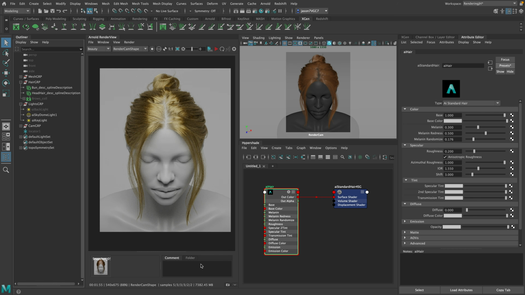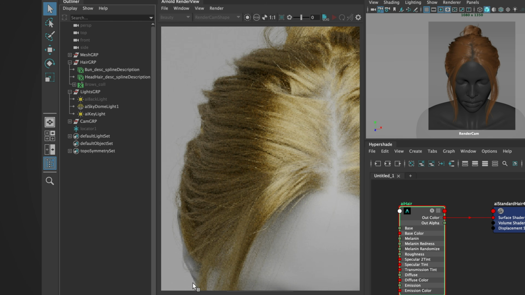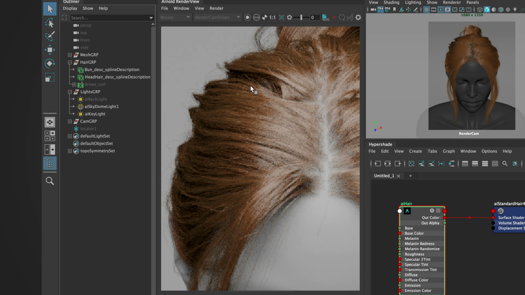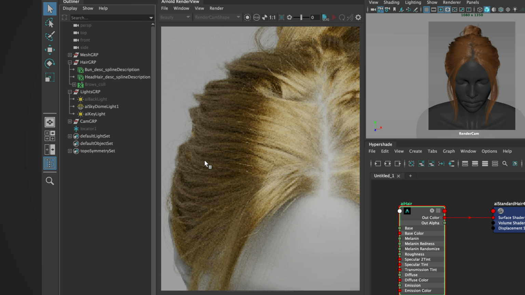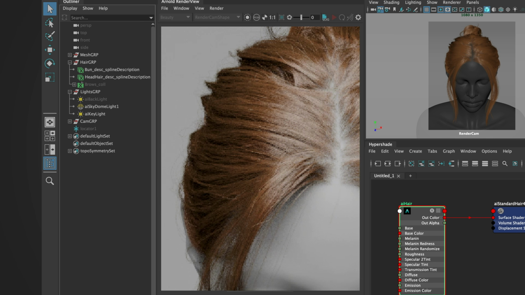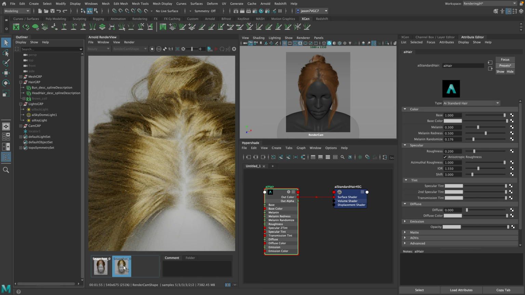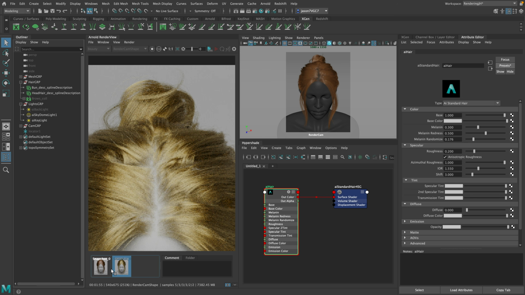Okay, so it's done rendering. We'll save this now. And this little plus sign, so we can see where we started, where we are now. So already maybe some interesting things that we can see. This looks a lot more plastic, and that's probably really because the light's not transmitting through. And then you can also see the specular model here, which is a little bit different. Obviously with a different color too, but it looks like the reflection is a little bit better. And the lightness, you can see how it brightens up. That's why this looks a little bit more plasticky. It's because the dark areas, the shadows, are lifting because the light is actually scattering through the hairs,